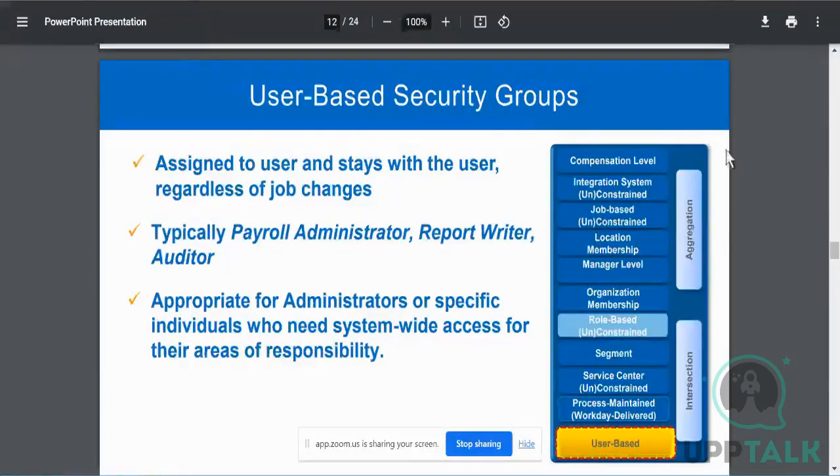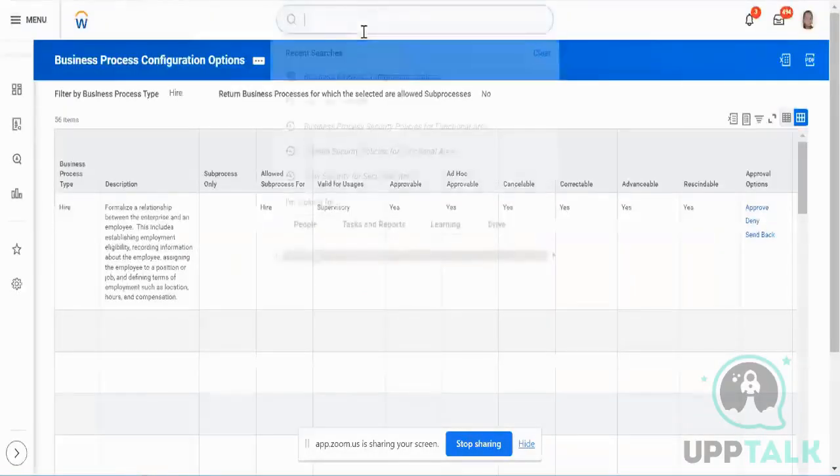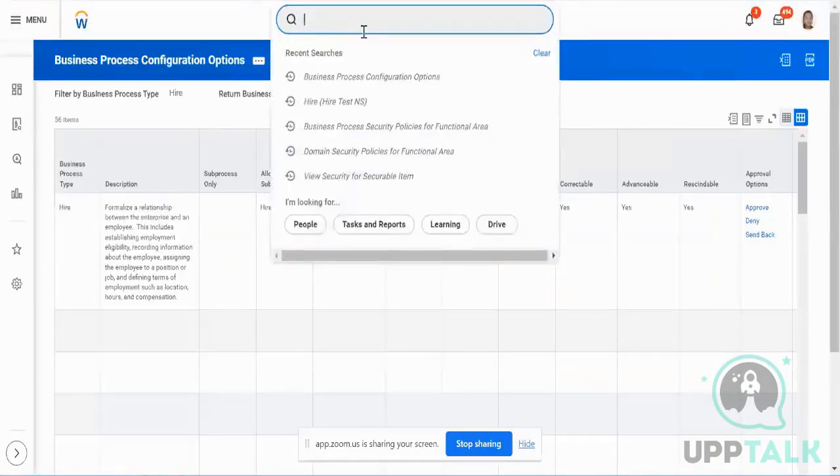And one activity that I want you to do is pick up any of the user-based security groups. You can choose any of the administrative ones: HR admin, payroll admin, compensation admin, security admin. For any of these administrator security groups, go through the group and find out what are the domains and the business processes to which they have access, and you'll be really surprised, because they'll have a big laundry list of actions which they can do, and virtually all the administrators,